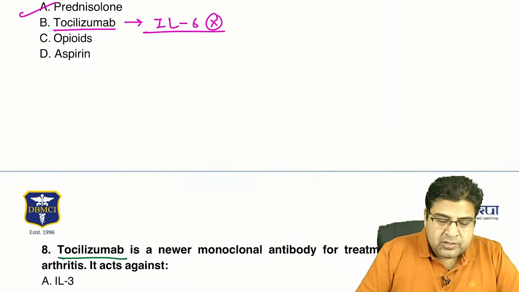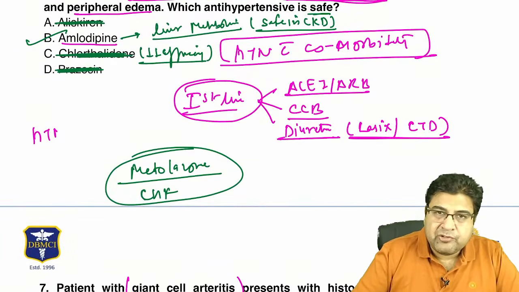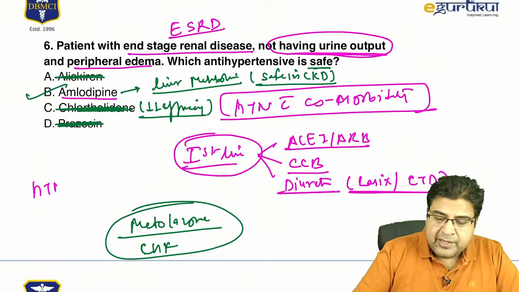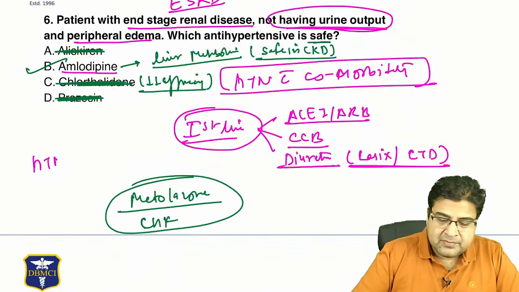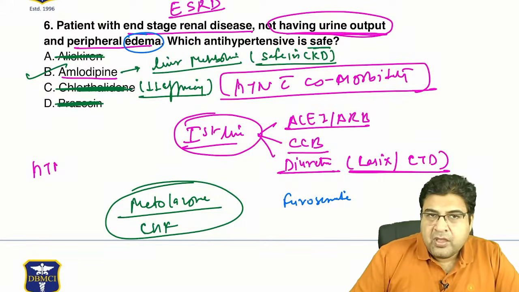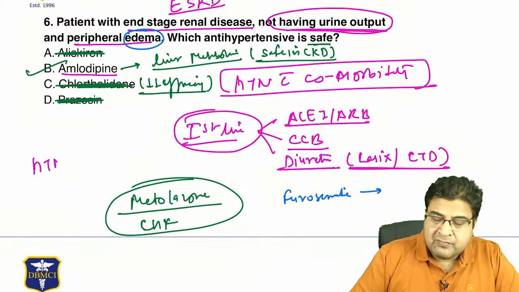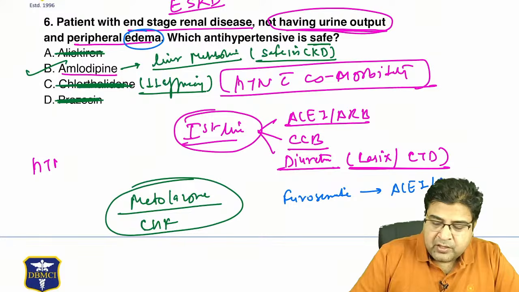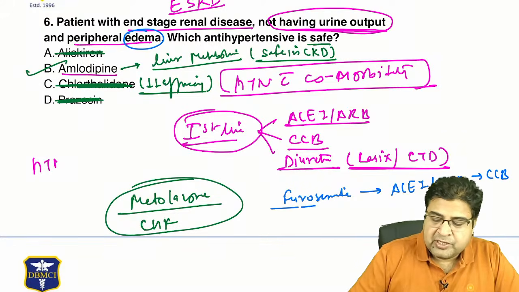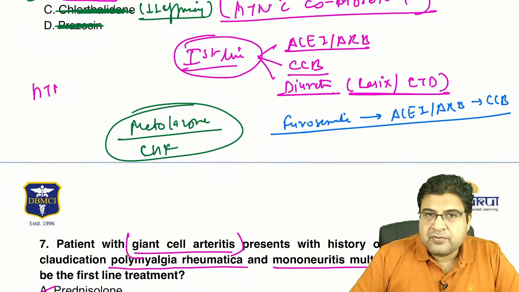In the above question, Dr. Steth asks which medicine is the first medicine. So in the above question, guys, I would like to choose the first medicine as furosemide, because of the presence of edema. The second medicine I will choose as ACE inhibitor, ARB. And the third medicine I will choose as calcium channel blocker. So this is the sequence of the medicines that I will choose in this MCQ for the treatment of CKD